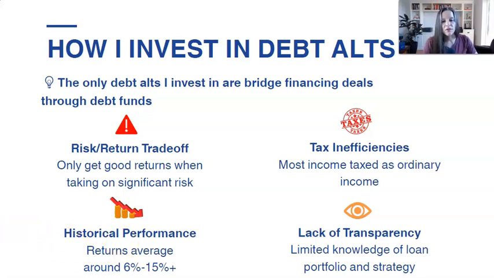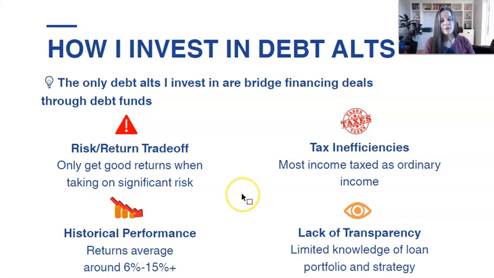Historical performance. The returns can really range. I'm going back to talking about debt alternatives as a whole and why I don't like debt alternatives as an asset class. Historical performance can be anywhere from 6% at the low end, and it could even be lower depending on where interest rates are, to 15% or higher. I talked about my cannabis REIT bridge financing investment that I did. That was getting returns over 15% in the heyday, when it was doing well. And with distressed debt, you're obviously potentially going to get much higher than that. But again, with distressed debt, yeah, those returns might look good, but the risk is just crazy at that point.